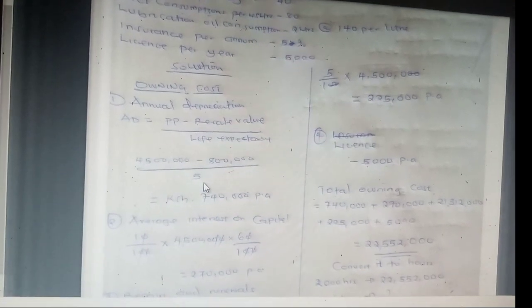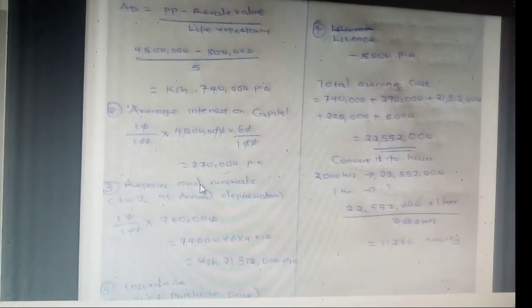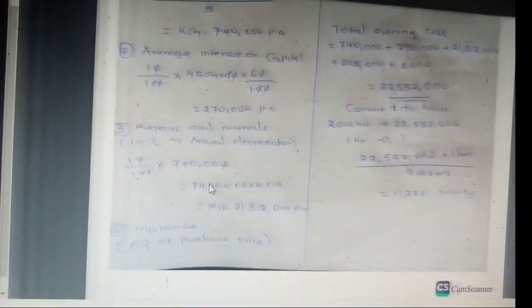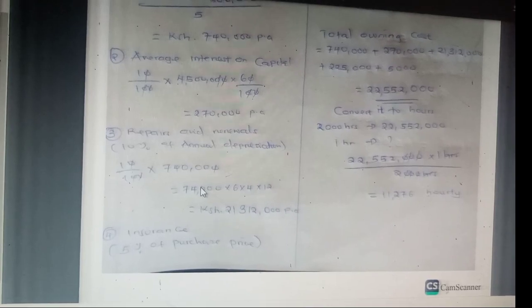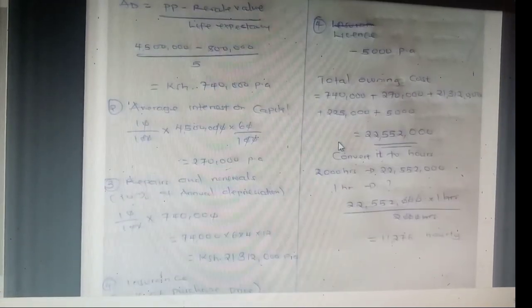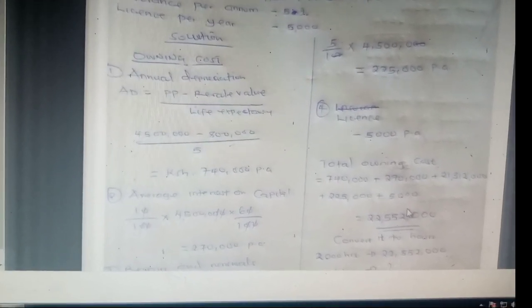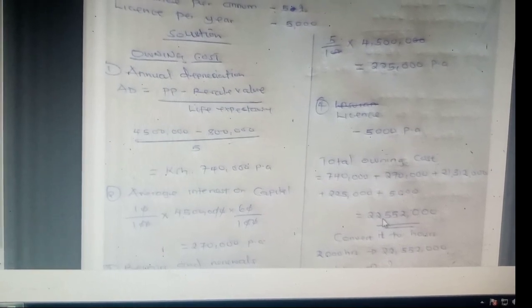Then you now get the total owning cost, whereby you add each and every item from the first item, which was annual depreciation, the second one, which is interest on capital, the third one, which is repairs and renewals, the fourth one, which is insurance, the fifth one, which is 5,000. Then the total you get, whereby mine, the total was